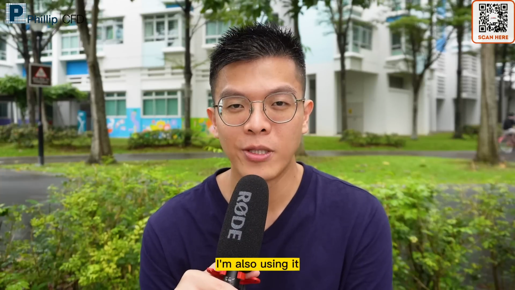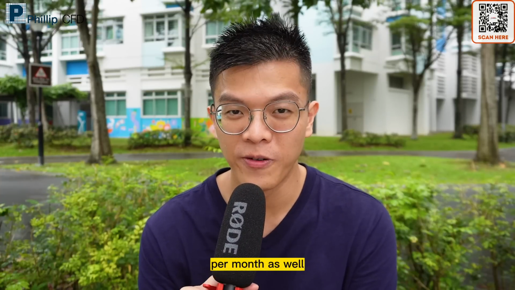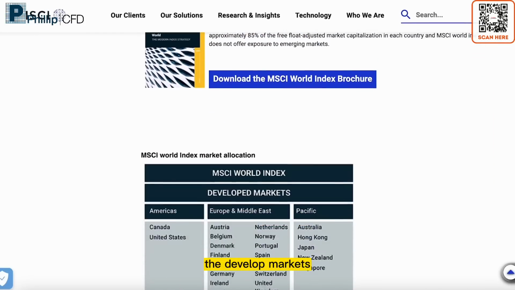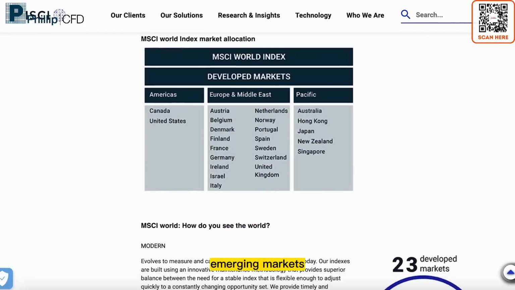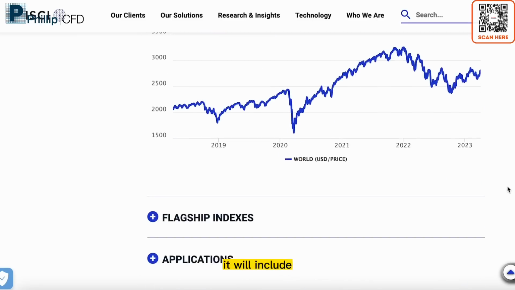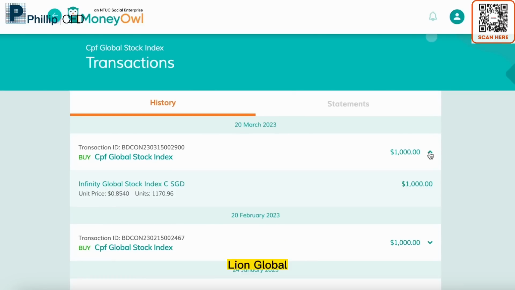So for MoneyOwl, I'm also using it for CPF investing. That is $1,000 per month as well. And I am currently invested in the MSCI World Index, which tracks the developed markets, so it excludes emerging markets. But at least it's a global fund, so it's not just US companies alone. It will include companies from Europe as well. The specific unit trust is called LionGlobal Infinity Global Stock Index Fund Class C